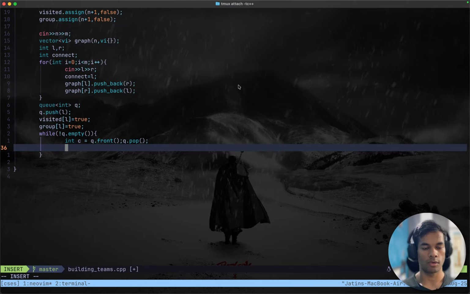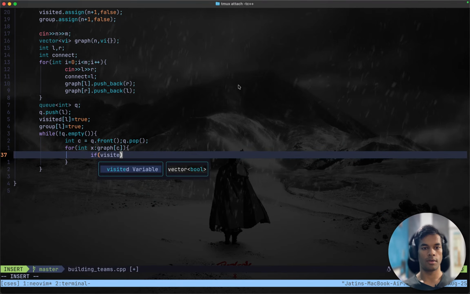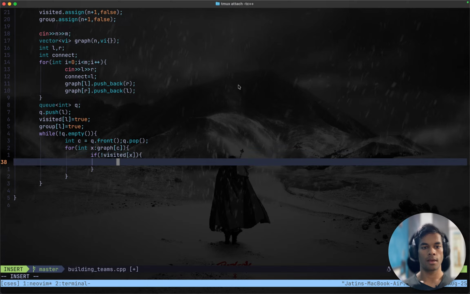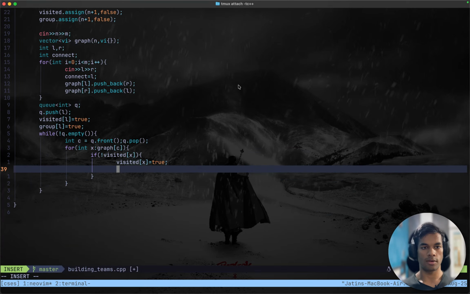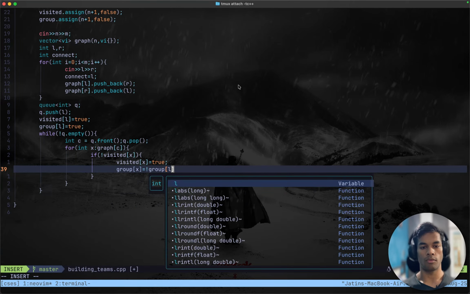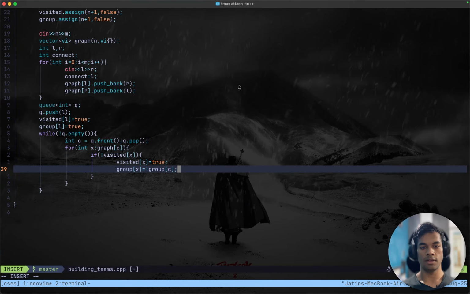Okay, int x in graph c, if not visited x. If x is not visited, then visited x equals true, and group of x equals not group of c, opposite, because it is in the next layer,